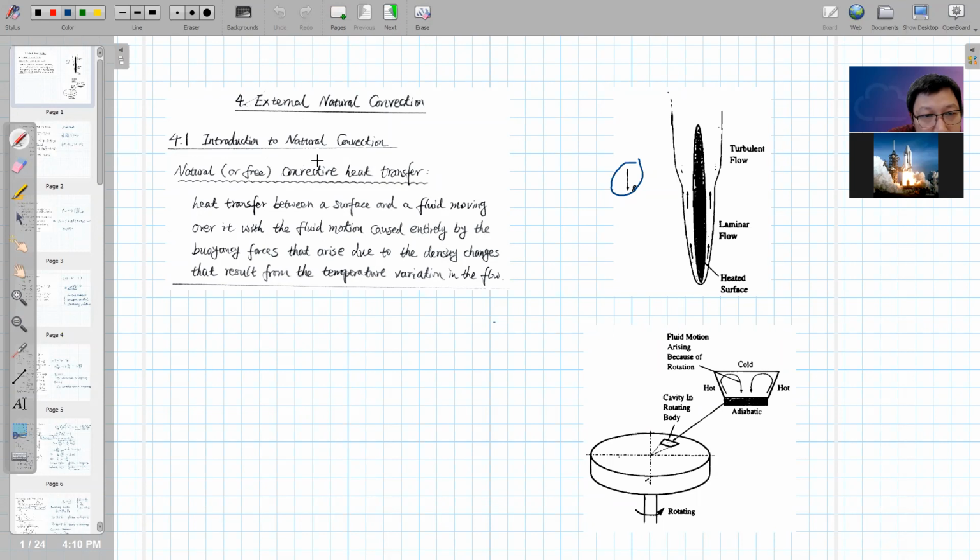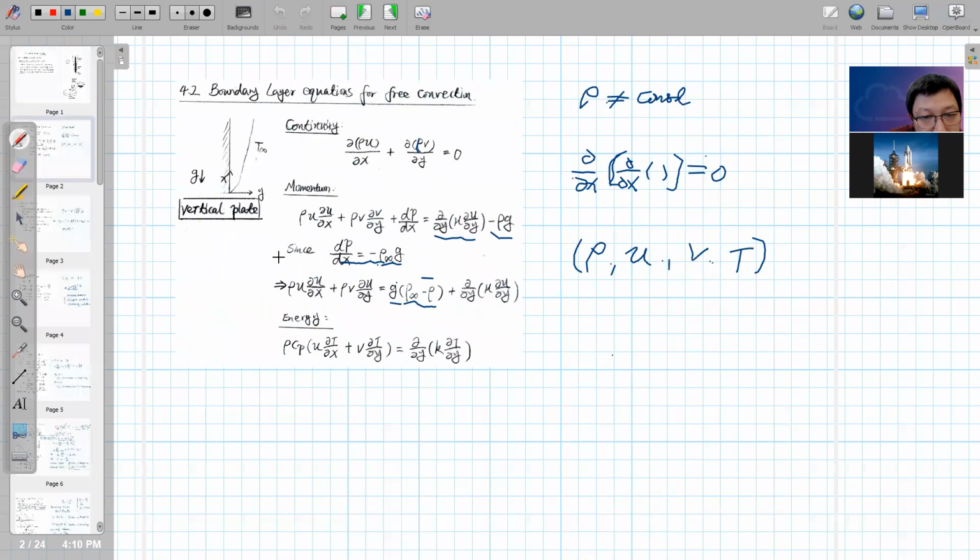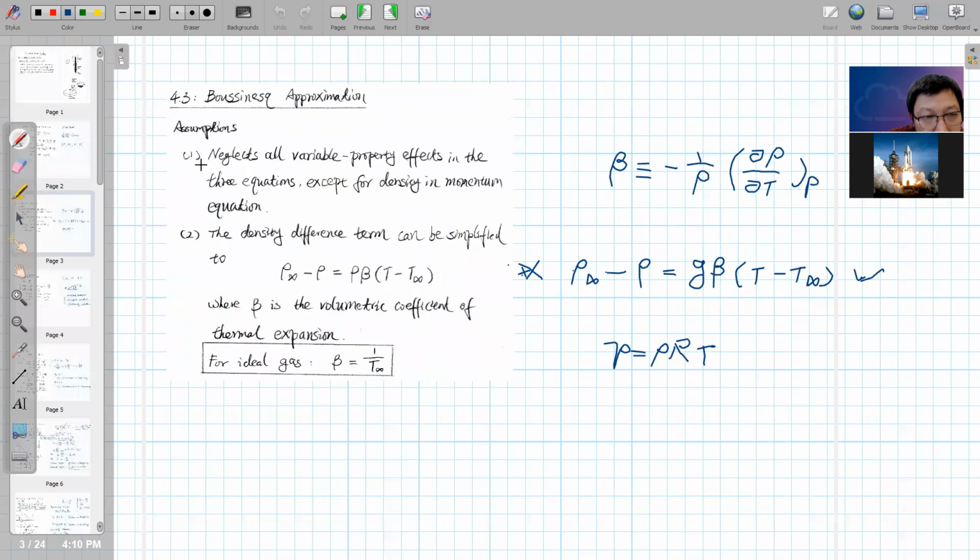In the last class, we introduced what convection and natural convection are. For natural convection along a vertical plate, we gave the continuity equation, the momentum equation, and the energy equation. And one important thing is that